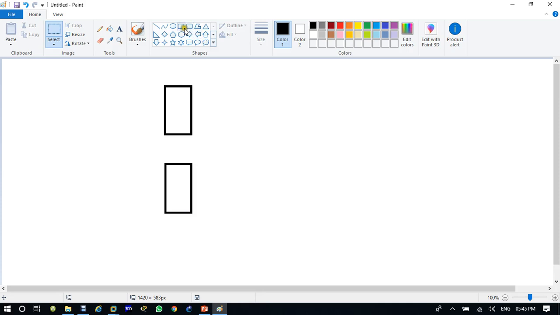Here you have one network connected with the switch, and now you have computers here.